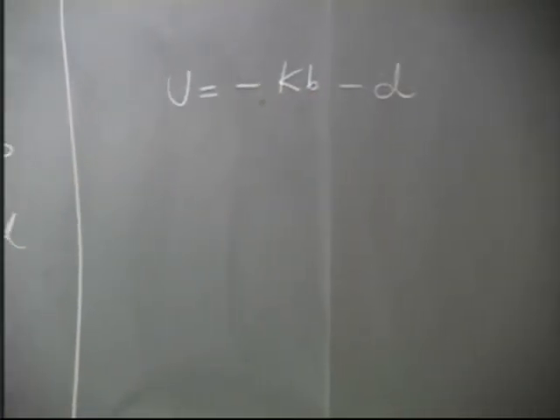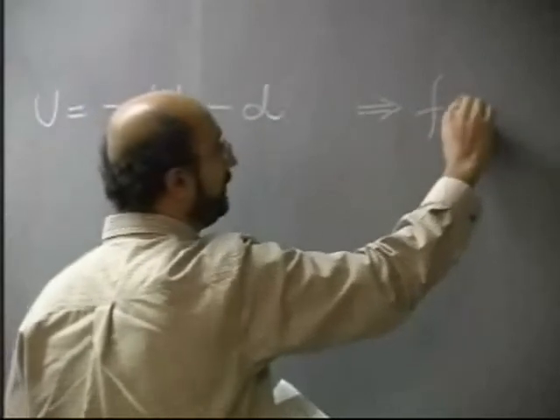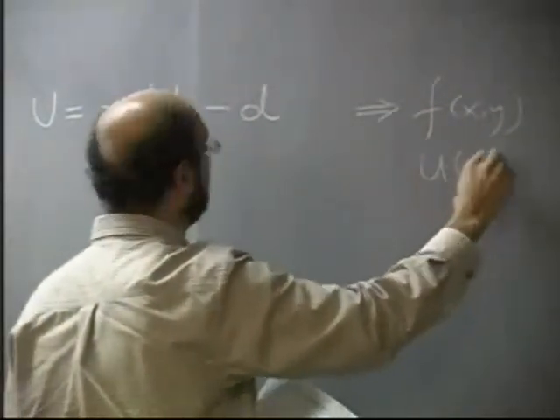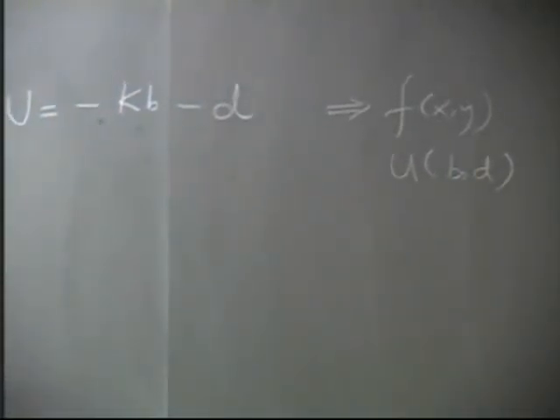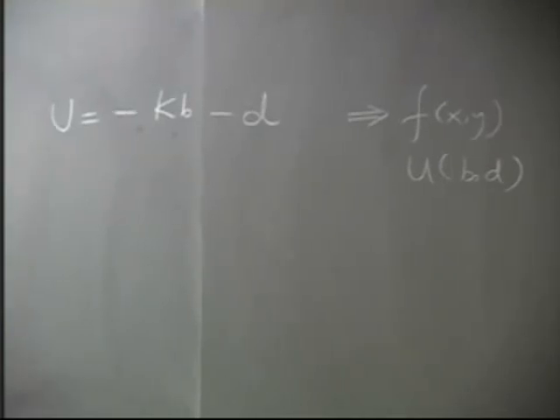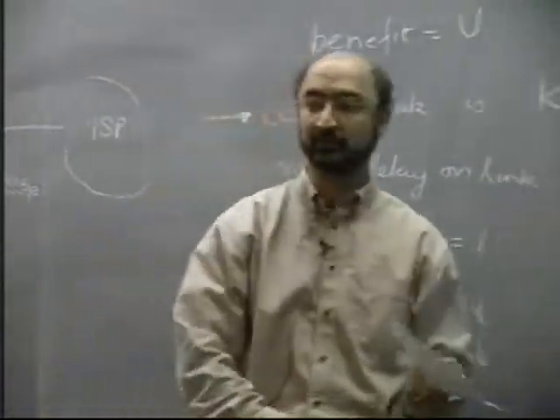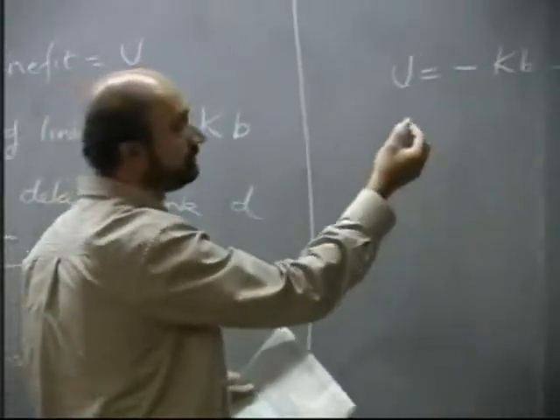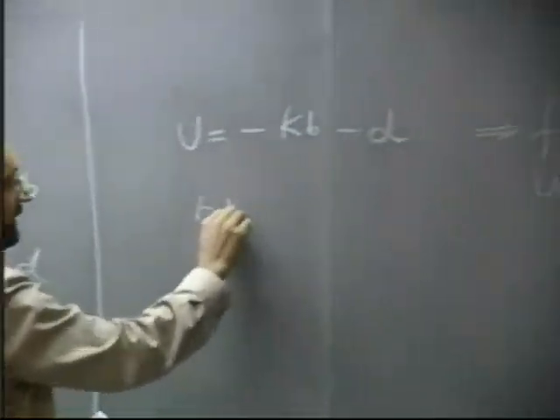Okay, and so in fact, I could have used linear programming to solve it, but I'm going to use Lagrangian techniques just to illustrate it. Okay, so we have U equals minus KB minus D, and this is of the form f(x, y), right? It's basically U of (B, D), right? Utility of any value (B, D). So you can think of the plane has two axes, the B axis and the D axis. As we move along the BD plane, we get different values of U. Of course, everything is going to be negative. Okay, U, in fact, is never going to be positive, but that's fine. And we want to, of course, maximize U. We want to find the least negative point. And here the constraint, BD equals 1. This is basically